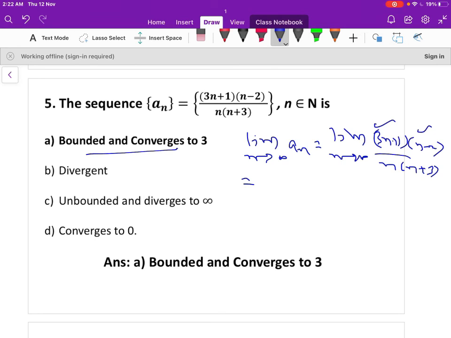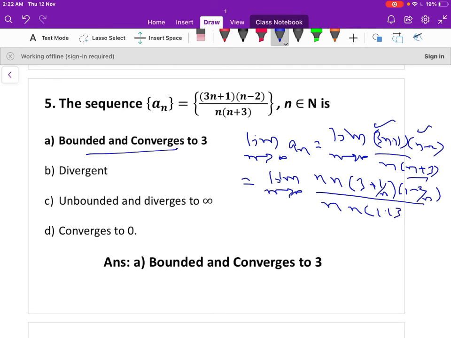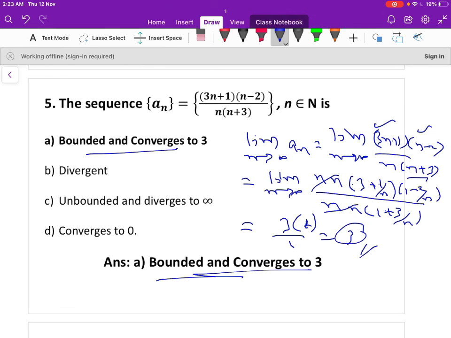You take n outside: n·n times (3 + 1/n)(1 - 2/n), divided by n times n(1 + 3/n). n² gets cancelled. Now take the limit as n tends to infinity: 3 + 0, so 3 into 1 by 1. So that is 3. So the limit is 3. It is bounded and it converges to